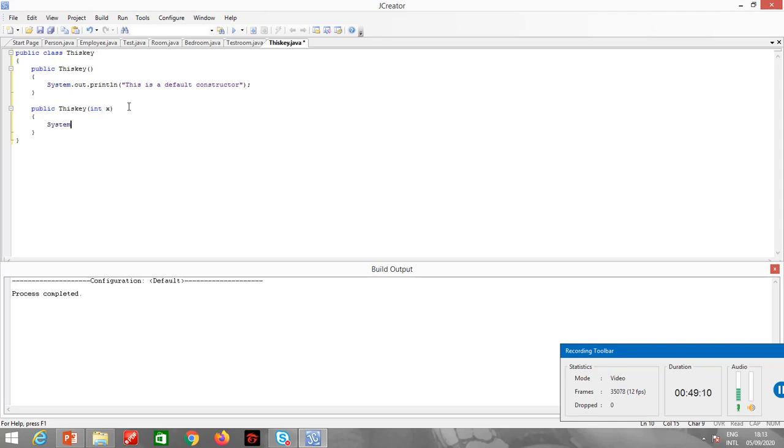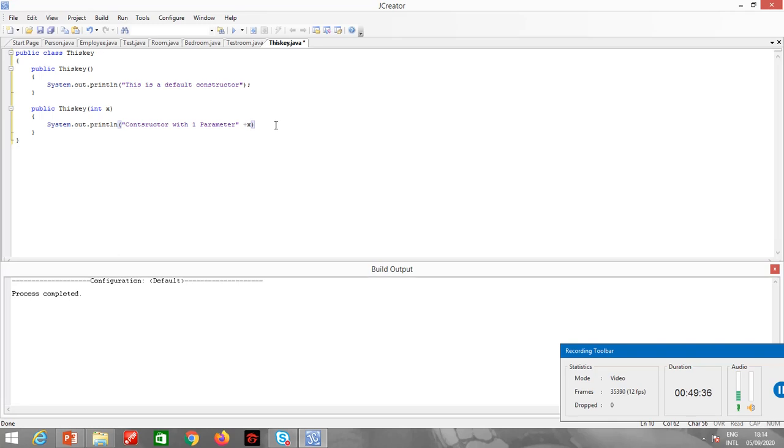So System.out.println, constructor with one parameter, and then it displays the value of x.